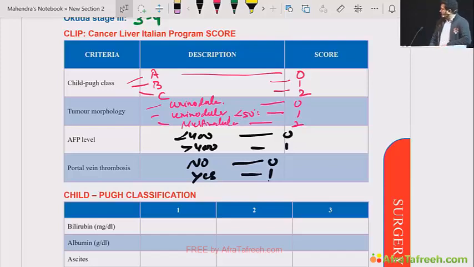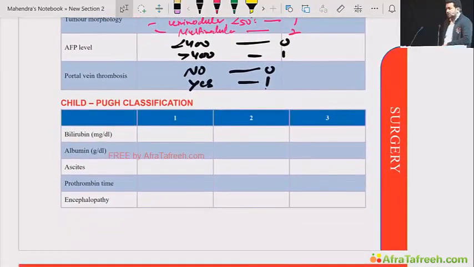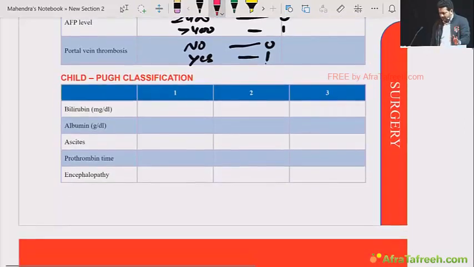Okay, so these are the two important stagings. Now, Child-Pugh classification is not only for hepatocellular carcinoma, it is for any liver disease. For any hepatic disease, we want to know the hepatic reserve in the patient. For that we see the Child-Pugh classification, and this is important. You need to remember this classification because it has been asked in prior exams to